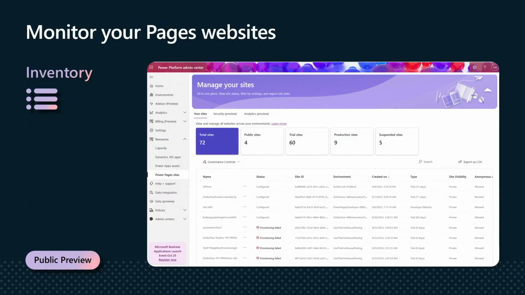In the Power Platform Admin Center, there's a dashboard listing all the Power Pages sites in your tenant. You can use any of those cards at the top to filter this list of websites. So for example, clicking on the trial sites card right at the top there, it'll filter this list to show me the trial sites, and I'll be able to quickly glance and see which sites are about to expire and convert them to production.